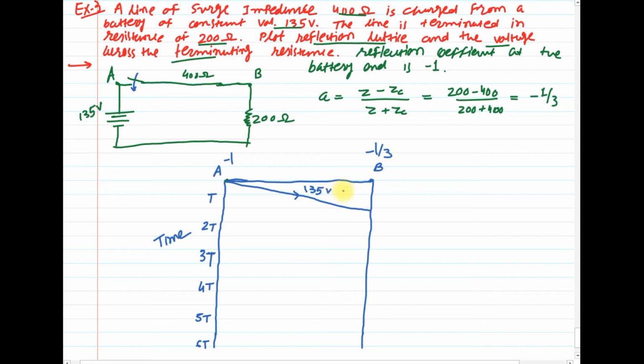There, it is multiplied, or it is reflected back to the battery end. So it is multiplied with the reflection coefficient, which is -1/3. So it is 135 at this point. From reflection at point B, the value of this traveling wave becomes 45. As I will write over here, at the first step,